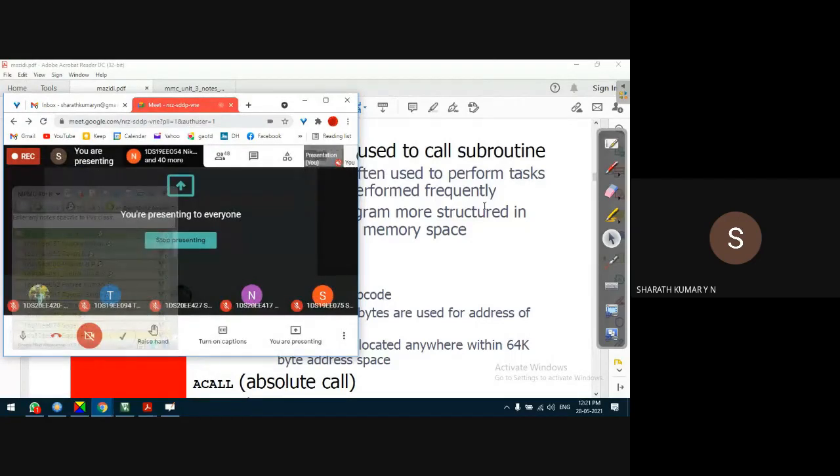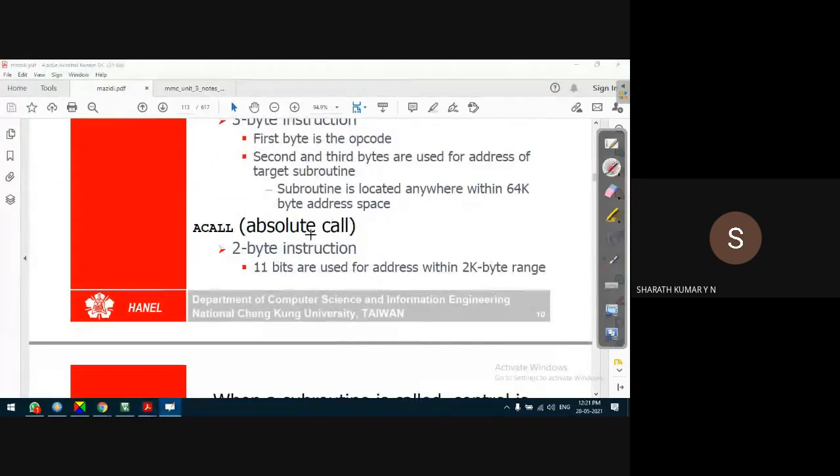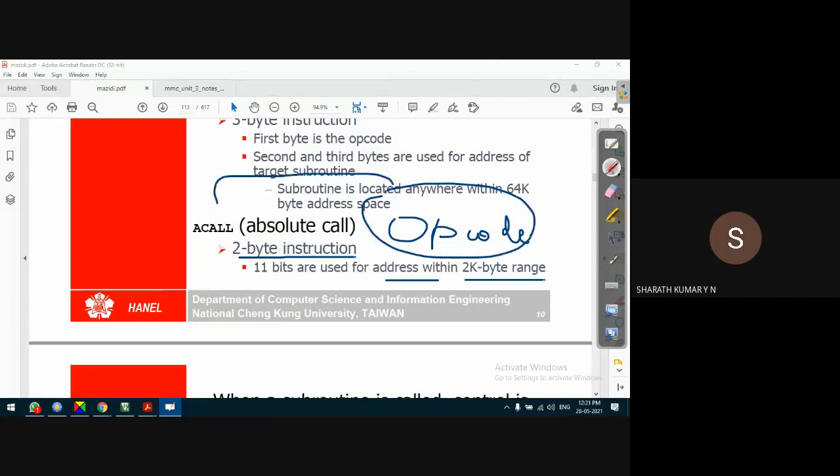So that was L call. Next comes the A call, absolute call within a page, and the page is of size 2 kilobyte. It is a 2 byte instruction. The first byte is the operational code, the binary representation of the A call instruction. Next comes the target address, represented by one more byte.